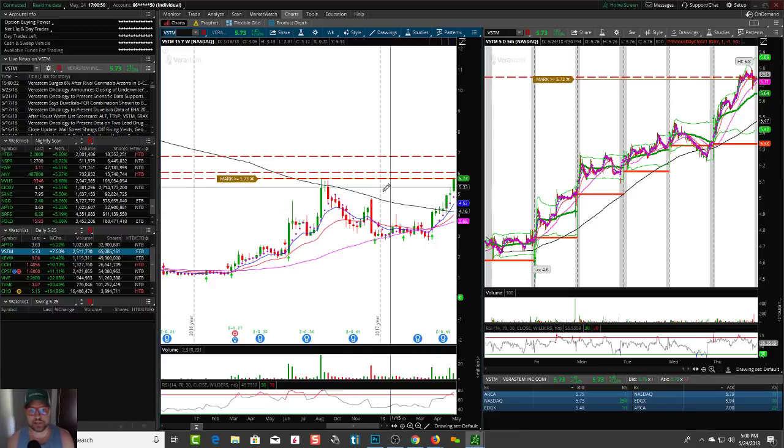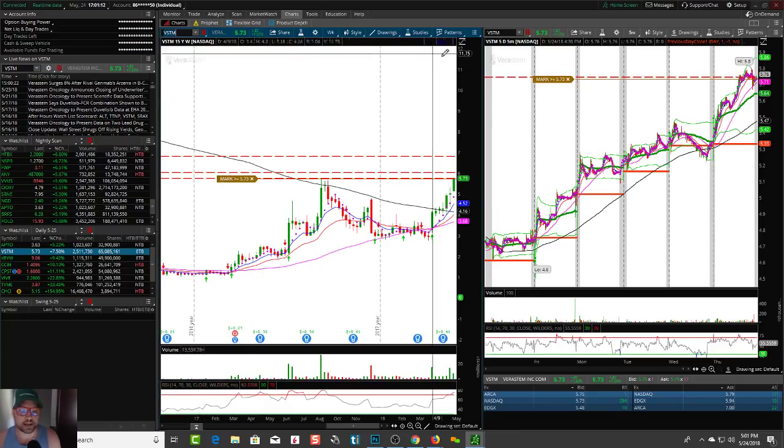Would I be like, hey, let me get in this thing for a swing trade? Heck no, probably not. But would I look at this for a potential pop? Yes, but it's got to break above here. Be careful of $6. Again, it's bullish, kind of got a cup pattern, may break out, but be aware. So it's right here. It could easily fail or it could easily break out.